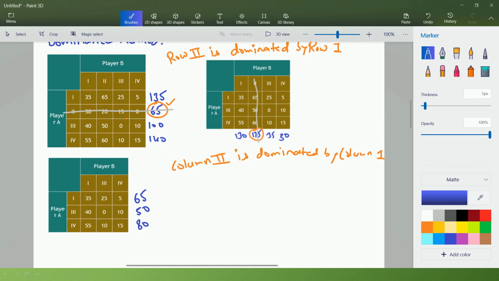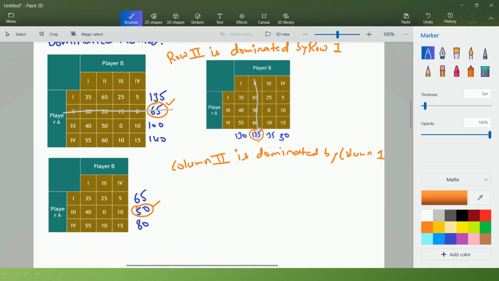Now we will find the minimum. The minimum is this. We will mark this row and compare it with the other rows. Is 40 less than 35? No. That means row 1 will not dominate row 3. So we will check row 4. 40 is less than 55?